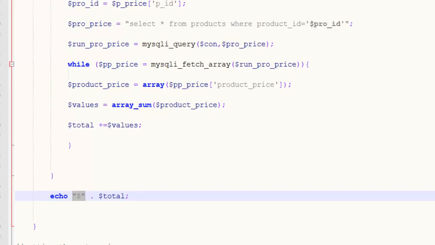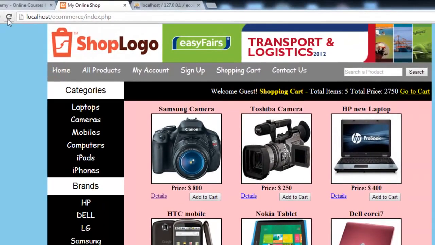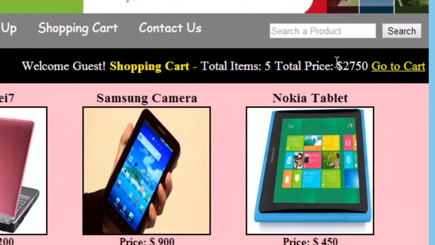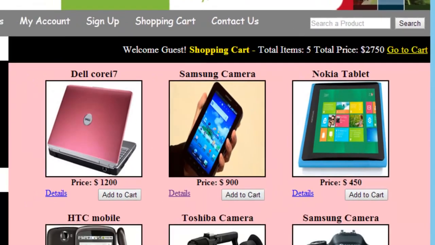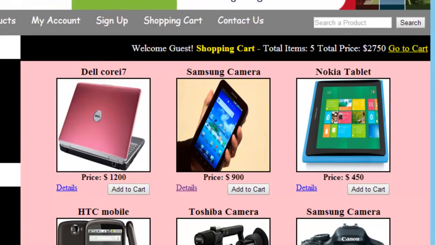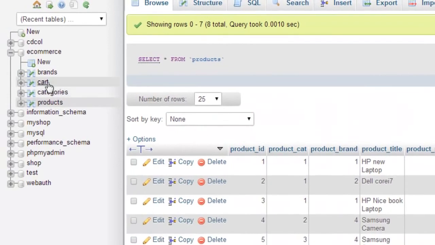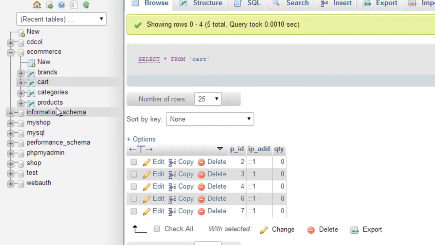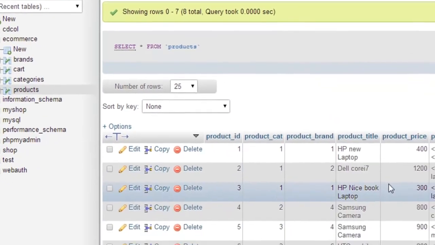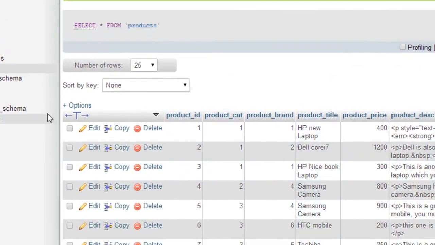So after Control S to save, press it, you will see the dollar sign as well. So there are 5 items, total price $2,750, and the 5 products we have inside this cart table, and we have taken the price from the products